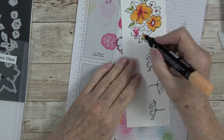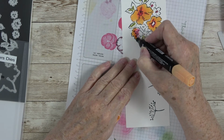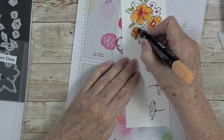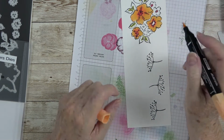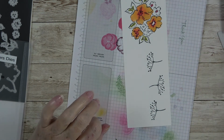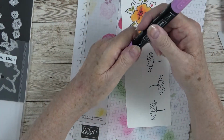So pretty. I love that. Now I'm going to do the same thing here. I'm just going to pull that color out to the edges. I love those. They are so pretty. They look gorgeous. Now I'm going to come back in with this pale polished pink, and I'm going to go